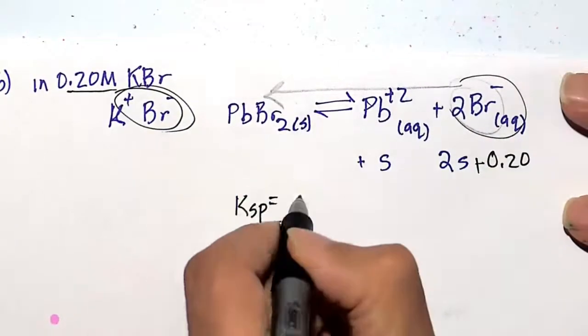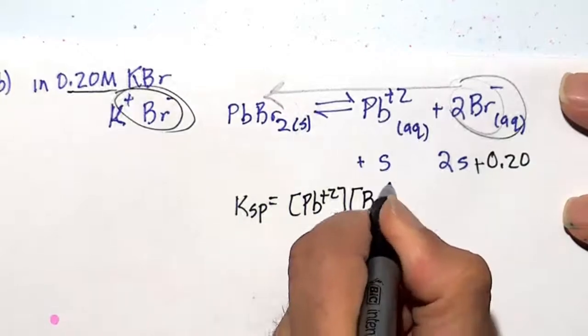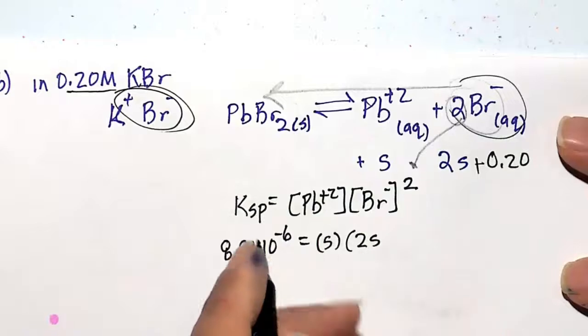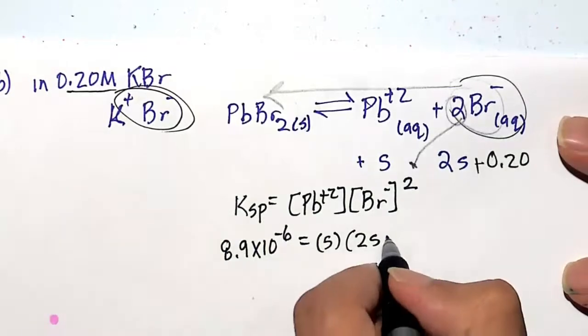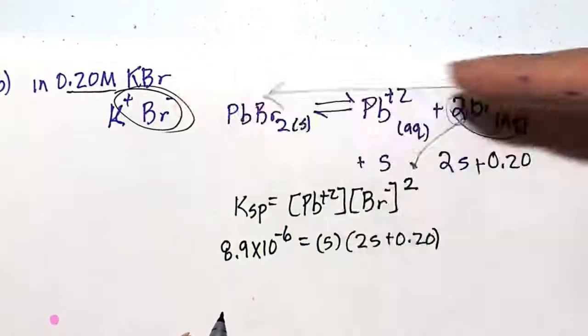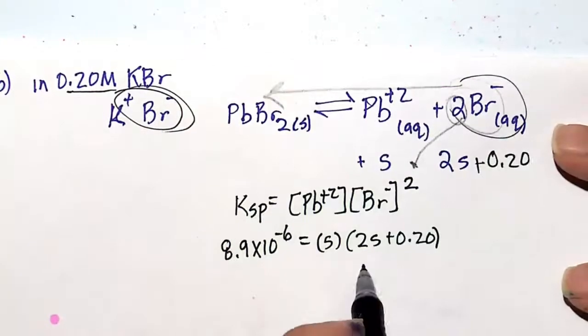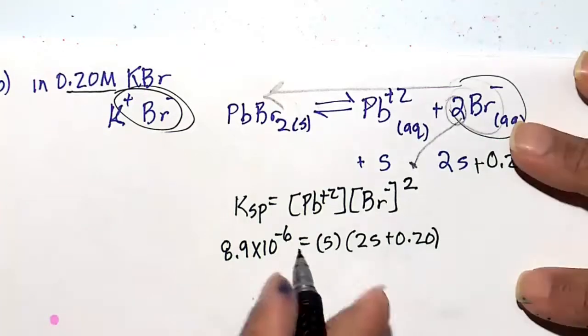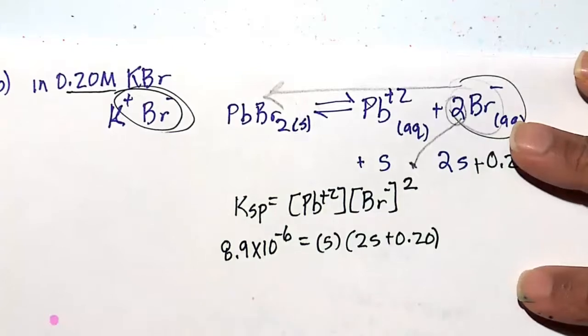So we will write our KSP expression. It's going to be Pb plus 2 times Br minus. Don't forget to square it. Once again, when we put in our terms here for Pb plus 2 being S and Br minus being 2S plus 0.20, we have to square that entire term. One thing is the primary driver, Br minus, is the 0.20 molar. Very little of the Br minus is coming from